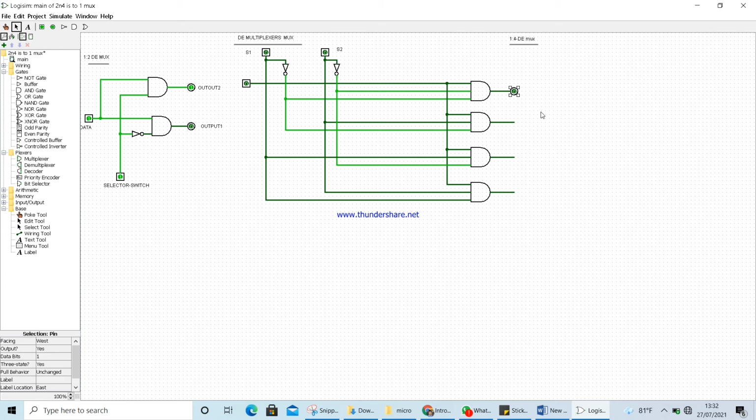I need 4 display pins. Now my circuit is almost completed. So what I want to show you is, I want to start the simulation of this circuit. So let me show you my